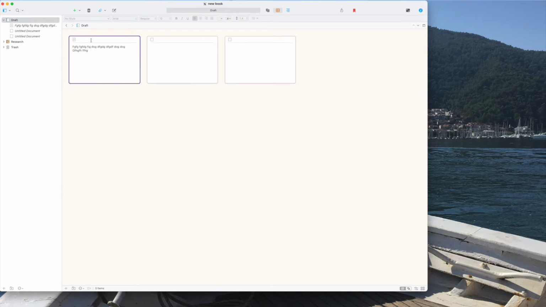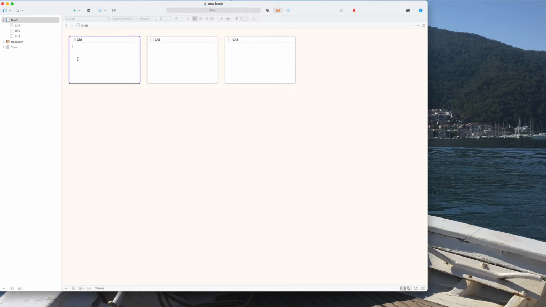Now if we go back up to here, what comes up on this panel is 3 index cards, one for each of the chapters that we've just created, and they're quite handy. I'm going to set these up for now, and you'll see shortly how they become useful. So let's give each one a name. Let's call this chapter 1, chapter 2, chapter 3,